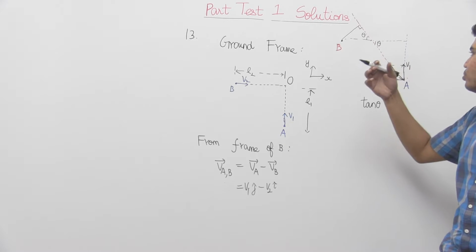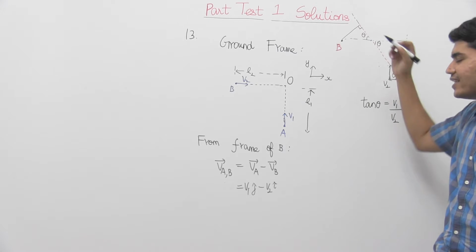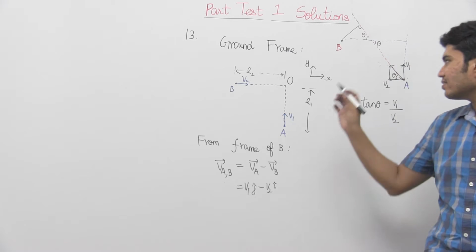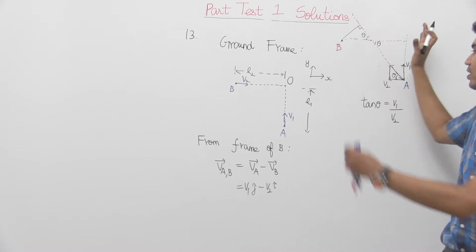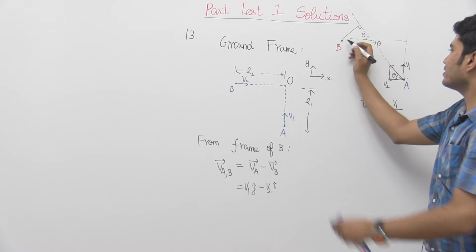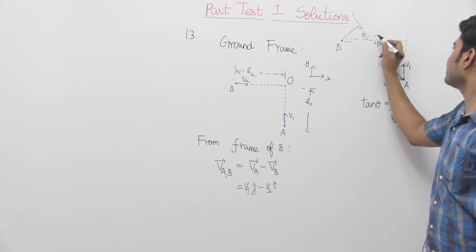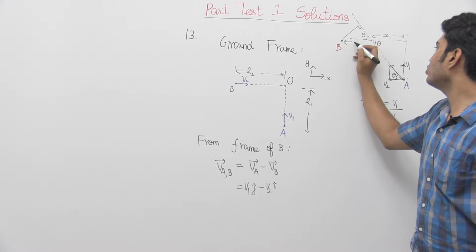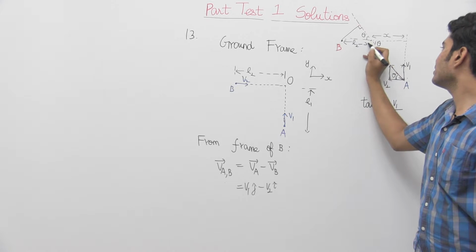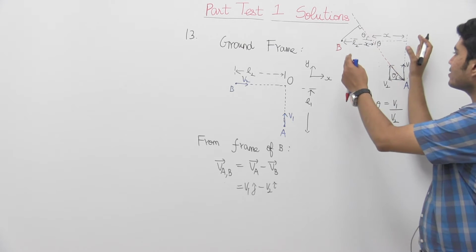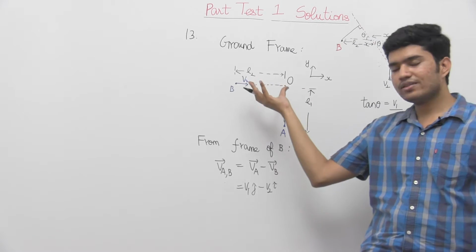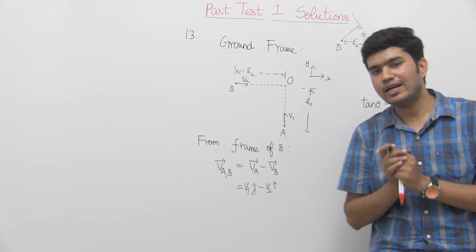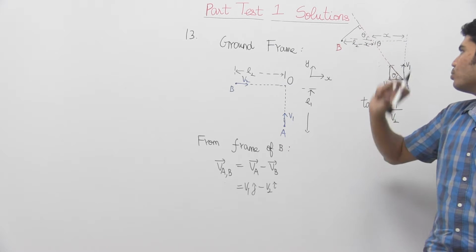Also let us assume that when A is moving in the B frame, it is intersecting this line. This whole line was how much? L2. So it is intersecting at a distance x. This is x, so this is how much? This is L2 minus x. Yes or no? This whole distance of B from the intersection point was L2. So this is x, this is L2 minus x, very good.